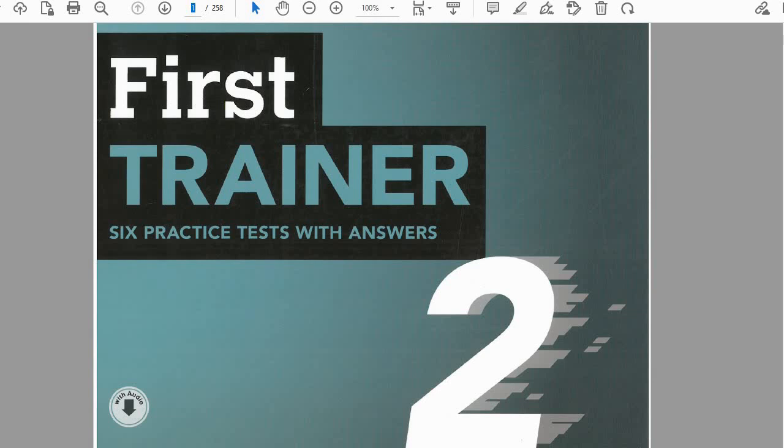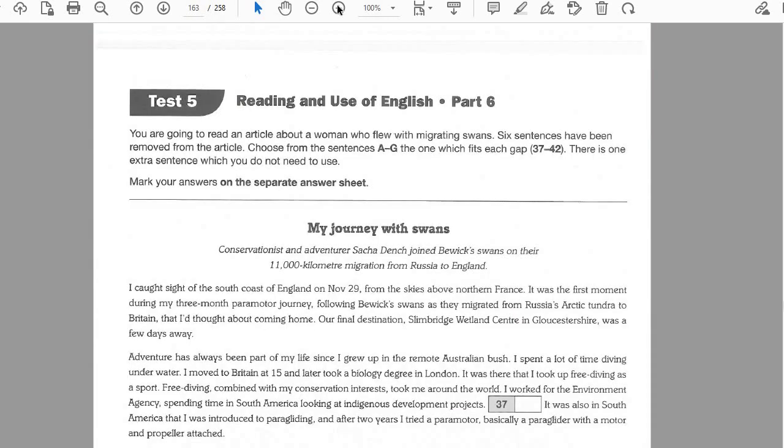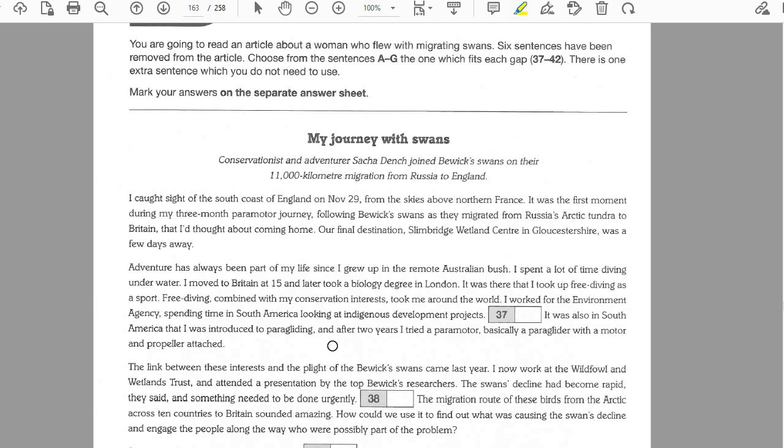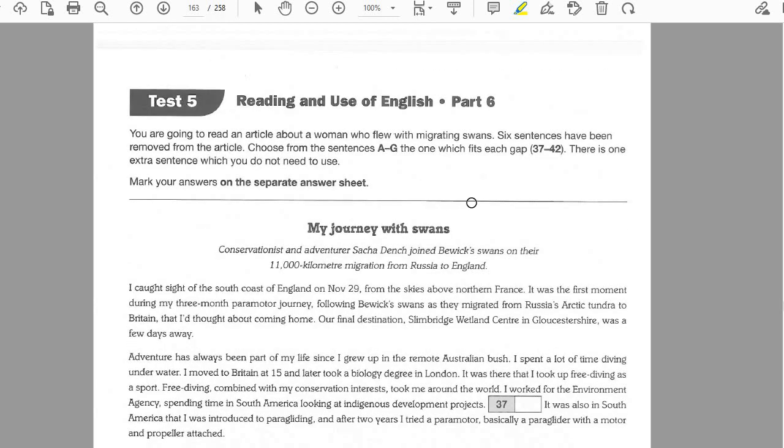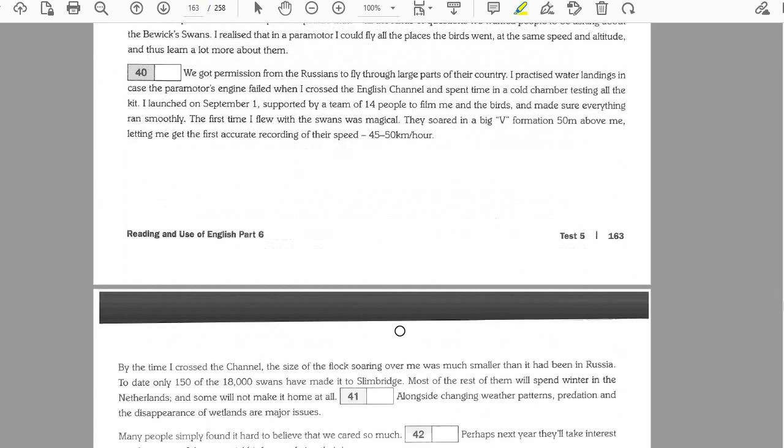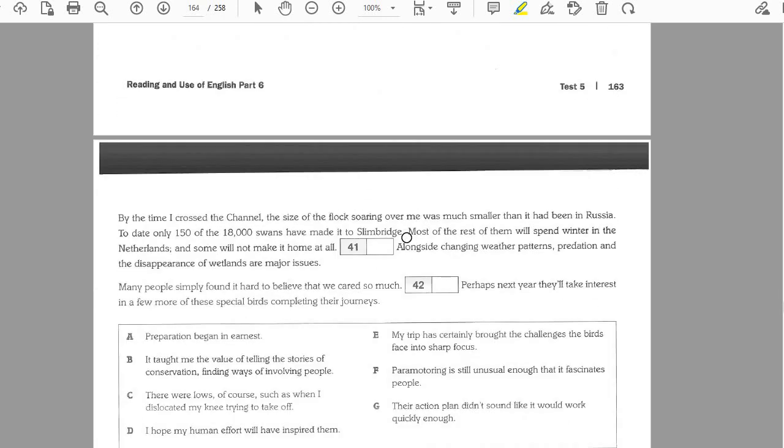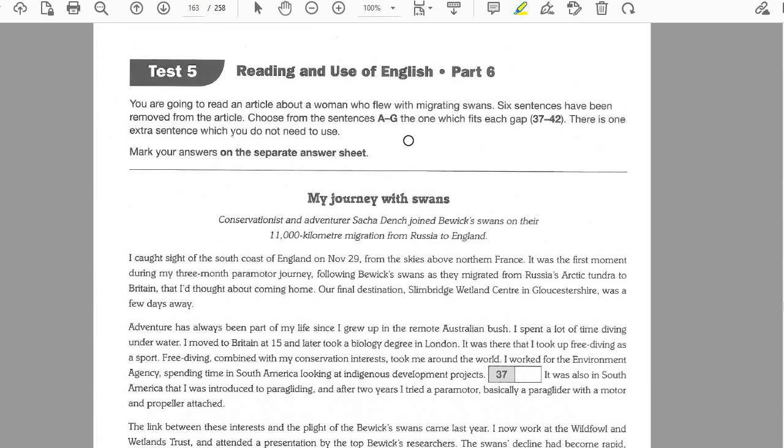If you go to page 163, this is part 6. I was talking to my nephew recently, who's going to take the B2 exam in a month, I think. We were saying this is probably the hardest reading. Remember, it's the one where you have missing sentences, and you have to put the sentence in the correct place. Now this has to do with coherence and cohesion. The ideas must be logically connected, and then you need these connections.